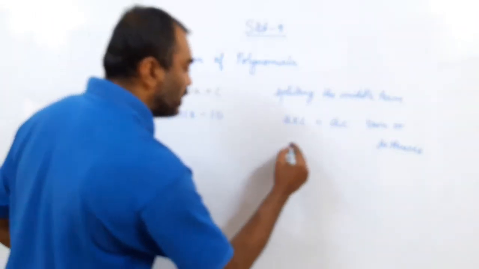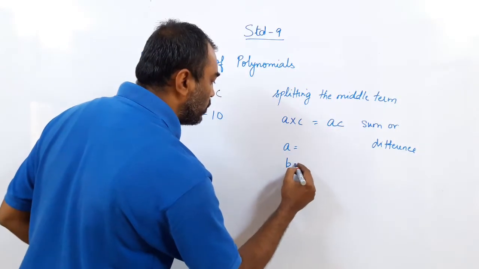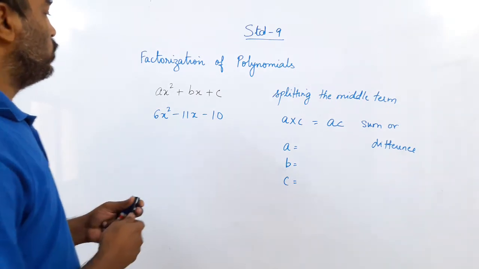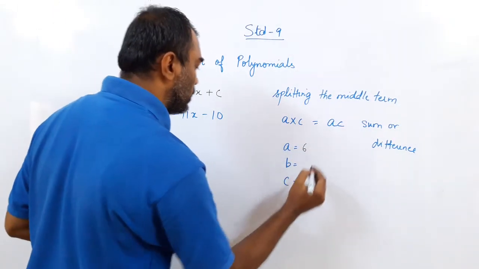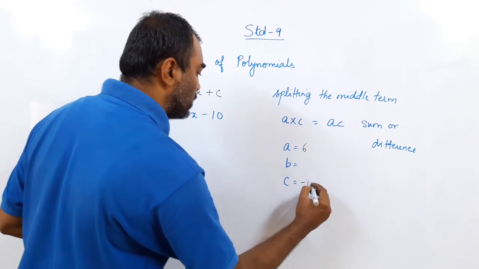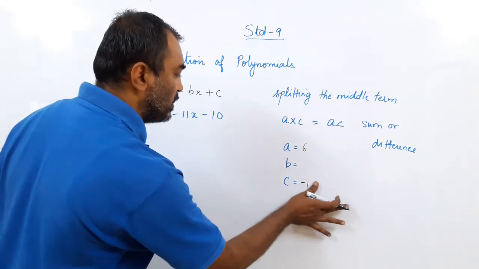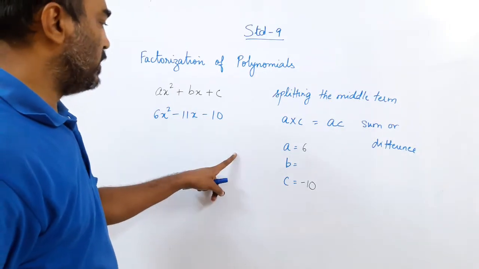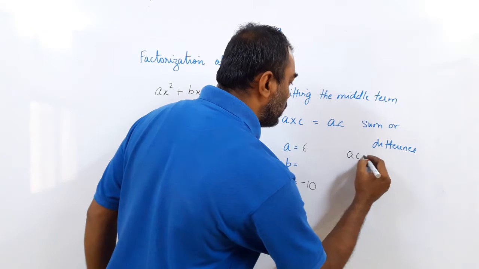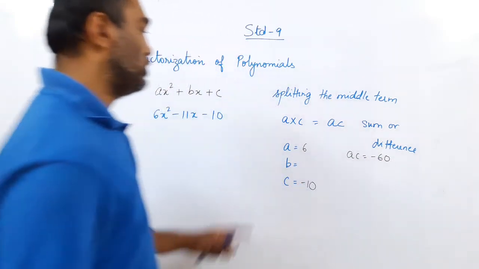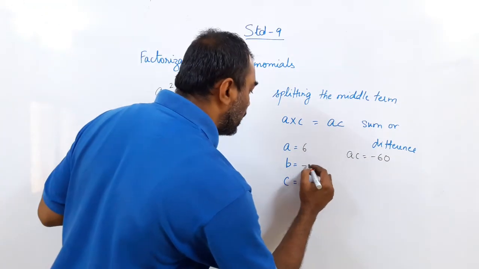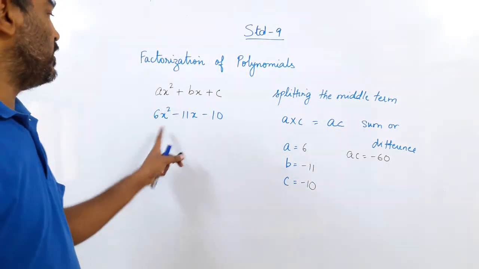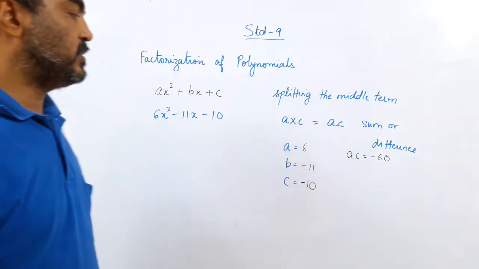So what I do is the method again. First we'll check A, B and C. Okay, you don't have to write this down, but just check it. You get A is equal to 6 and C is equal to minus 10. Can you see that? I'll just write AC first. A is equal to 6, C is equal to minus 10. So AC equal to minus 60. Okay? And B is equal to minus 11. So you can now directly see, if you do not want to write it, it's fine. So AC is equal to minus 60.